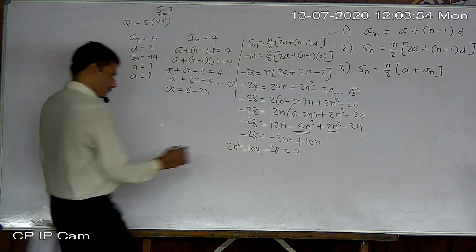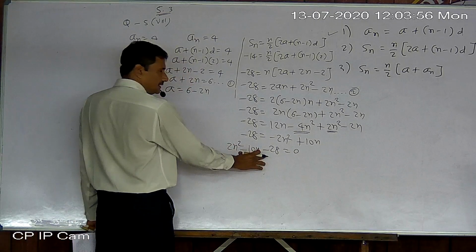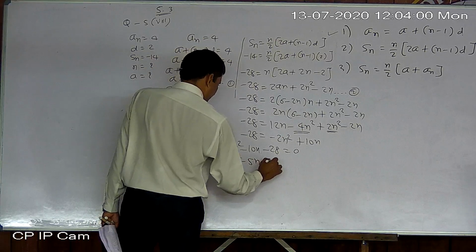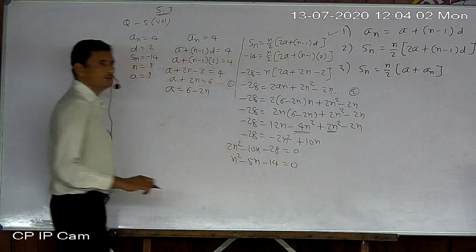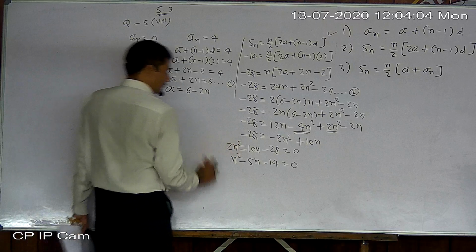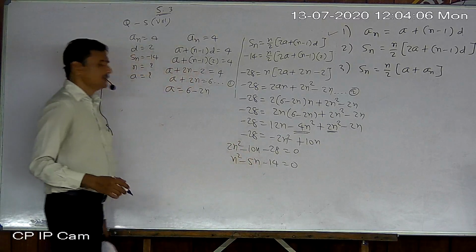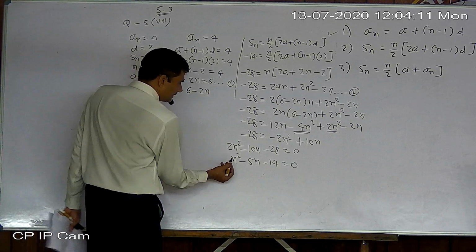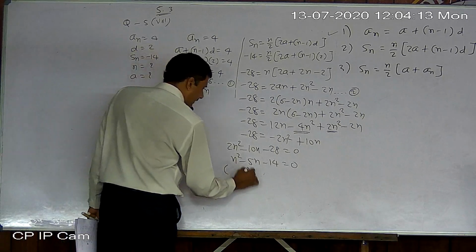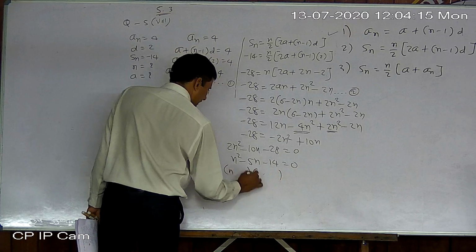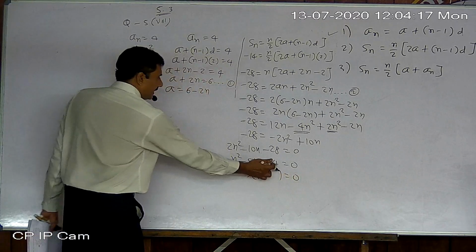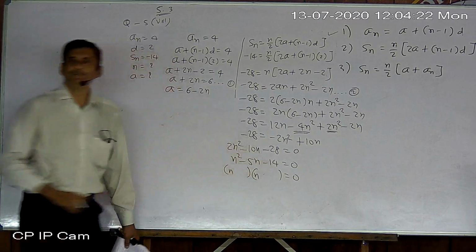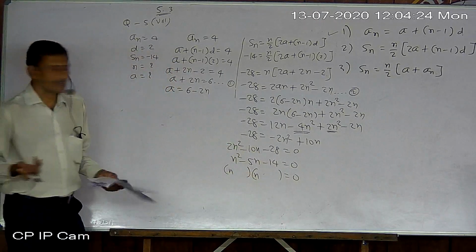Okay. Now it is reducible. So reducing: n square minus 5n minus 14. I just divided by 2, and now you get factors. Whenever here there is 1, then we can only find the same factors. How? Just write down n, n, then find factors of 14 so that their difference becomes 5. 7 into 2 is 14.